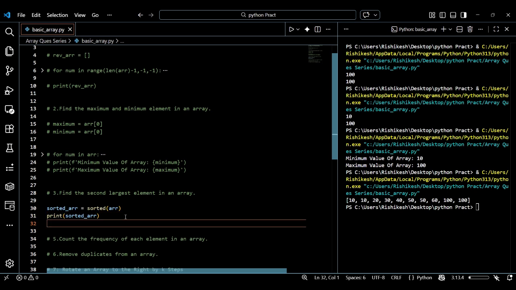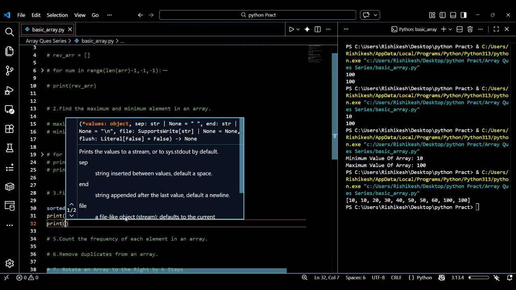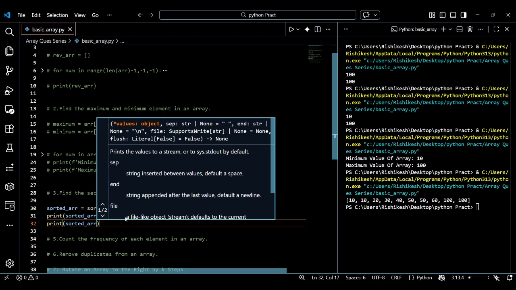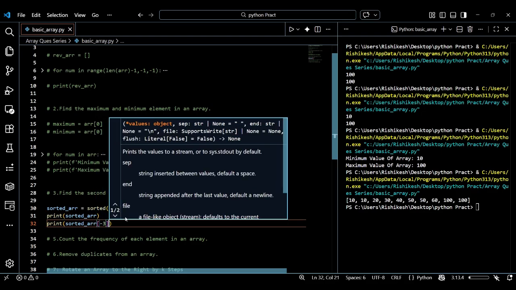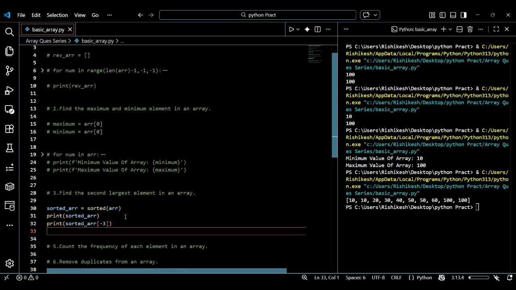So if I print our sorted array, which is the value from the last third,